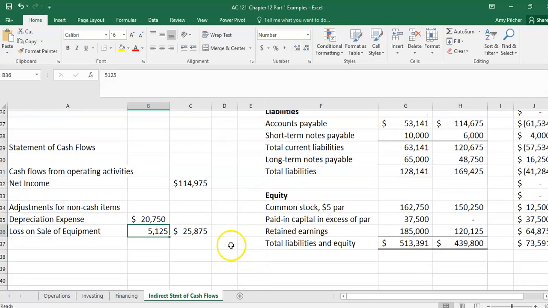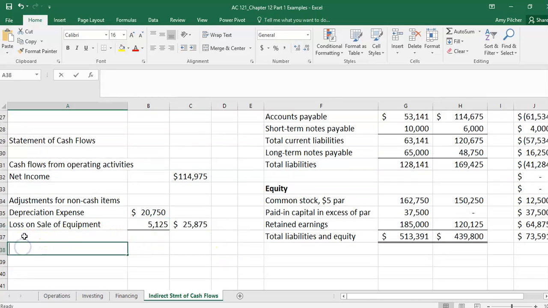After we make non-cash adjustments, then we look at the changes in current assets